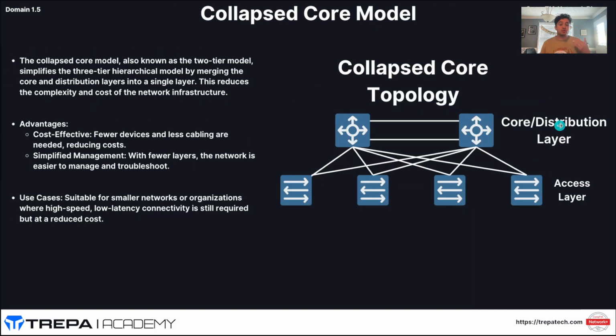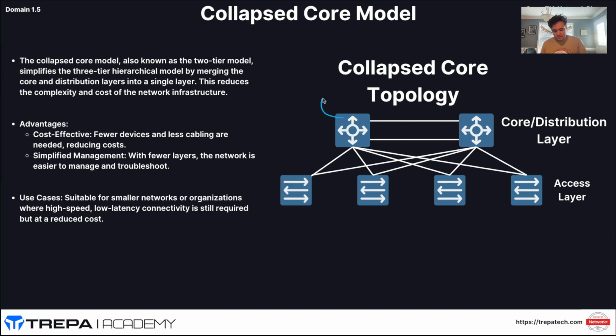And then we have the collapsed core model, which you're going to notice looks a lot like the 3-tier model, and it is, except it's for smaller networks. So this is going to be for those enterprises that aren't as robust, that don't have those tens of thousands of users, but we're still building that campus network. We still have some sort of robustness, maybe a small to medium-sized business with minimal growth, but we want those beefy switches. We want high availability, so we say, hey, we don't need that additional core and distro layer. We'll collapse that. We'll have the core and the distribution layer all in one,